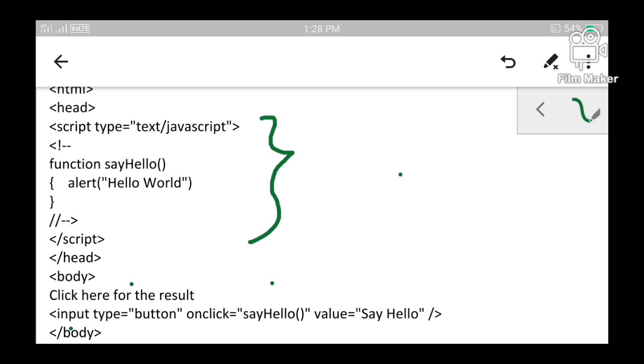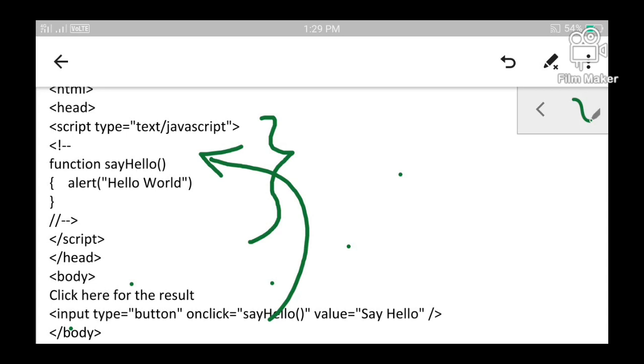So when the page is loaded by the browser, the body portion will get executed. Whatever is written within the body will be executed. It displays a button, and only upon clicking the button does the event occur. Button click is an event, and whenever the event occurs, the function will be invoked. When the function is invoked, the message hello world will be displayed on the screen.